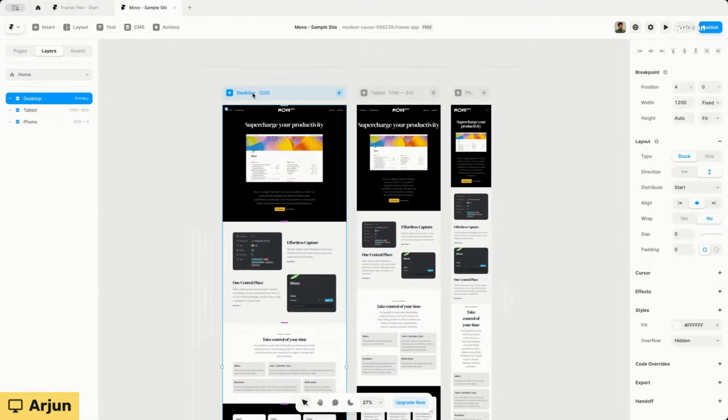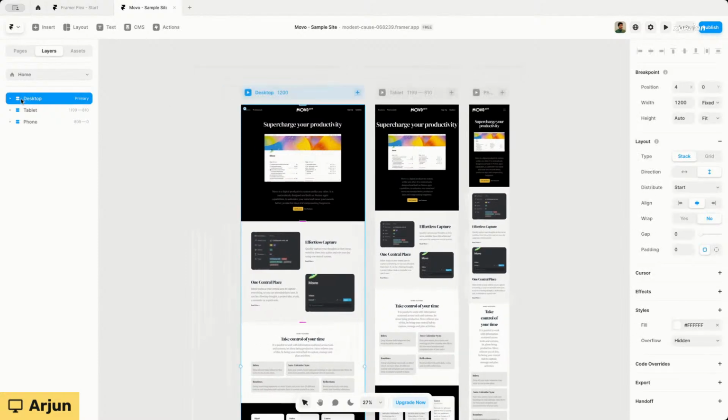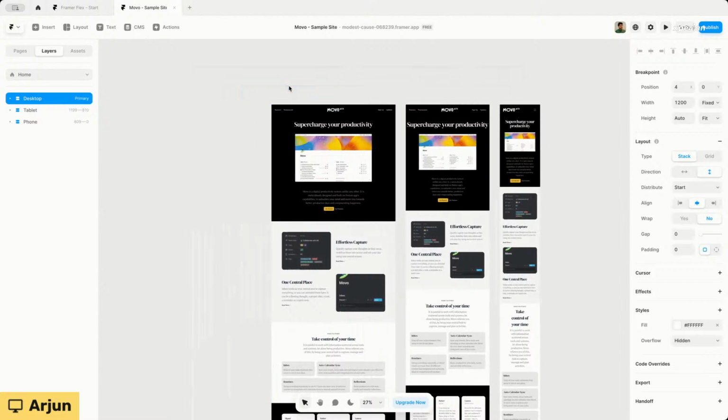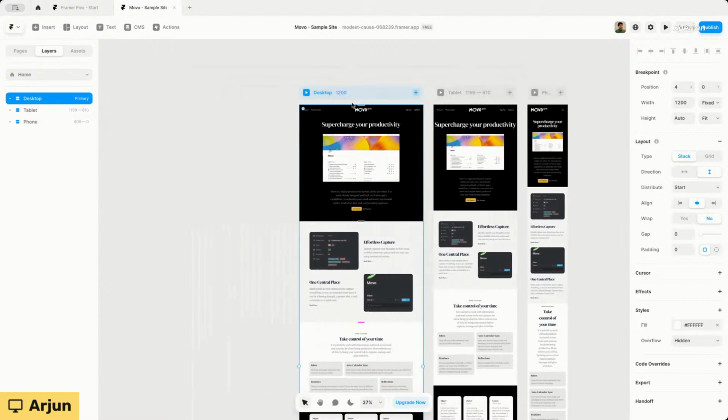You can go ahead and add your own breakpoints by adding it from here, while your desktop becomes your primary breakpoint, where you're anchoring your entire design on this breakpoint, and any changes that you make to this will cascade onto the lower resolutions, and it will also cascade upwards into the higher resolutions as well. So you can go ahead and add a custom breakpoint right from here on Framer, and you can probably name this as, let us say, large desktop,